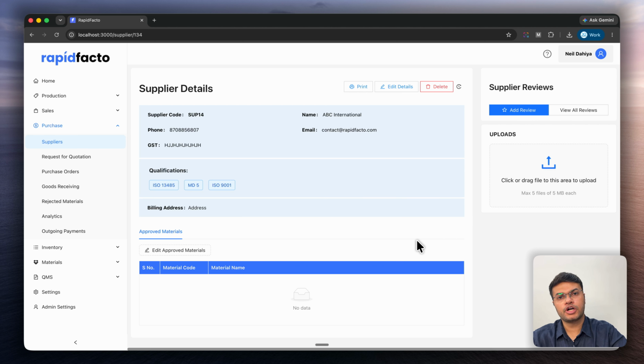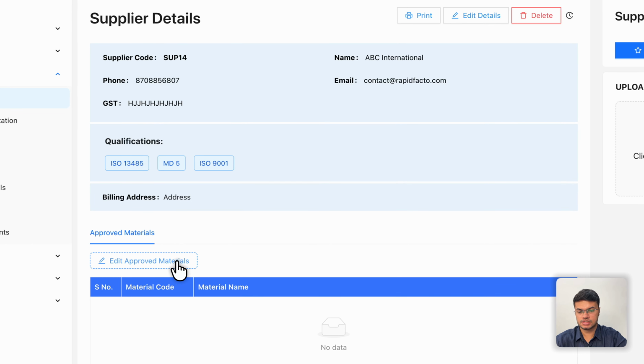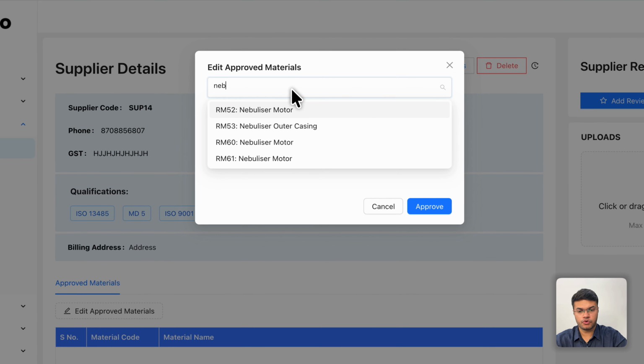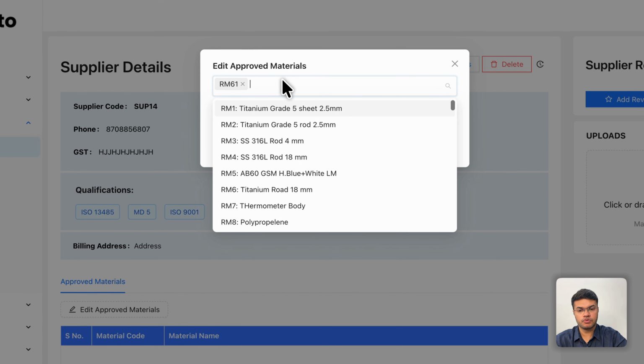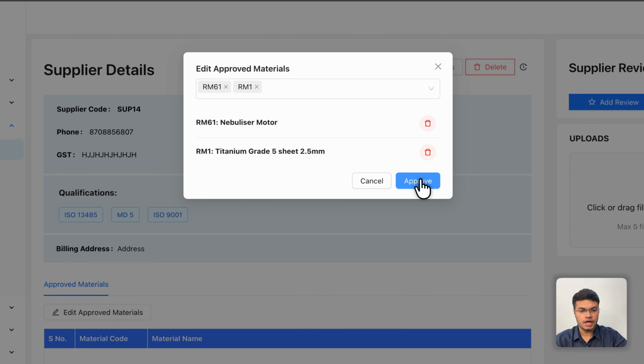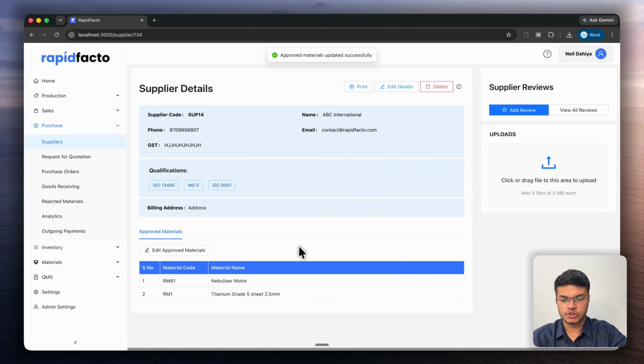Now, before ordering any material from this supplier, we need to approve that particular material for this supplier. So to do that, we will come here in the edit approved materials section. We will choose which materials we want to approve for this particular vendor. Let's say I'm approving the titanium grade 5 sheet and the nebulizer motor, and we'll click on the approve icon. So as you can see, it hardly took 2 minutes, but our suppliers are created, their approvals are created, their